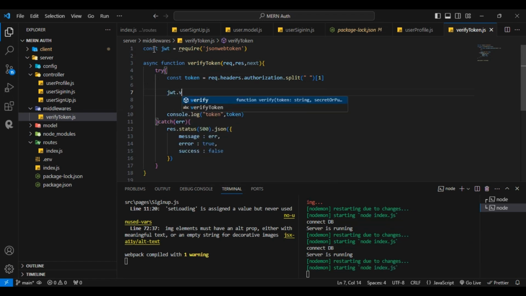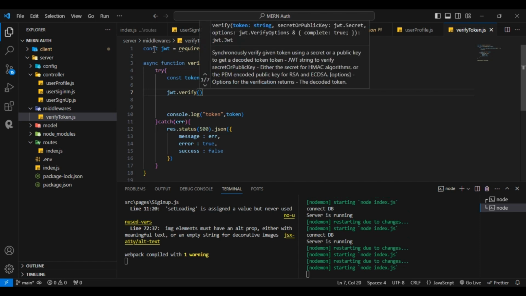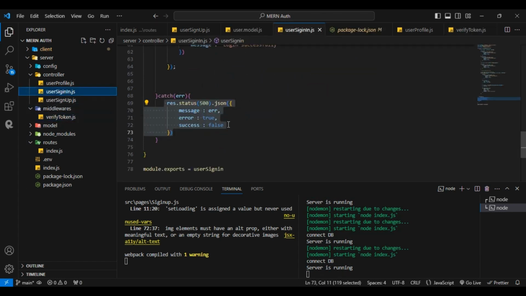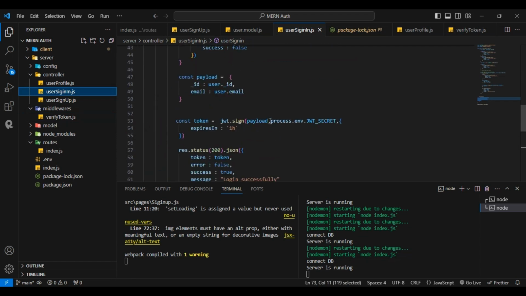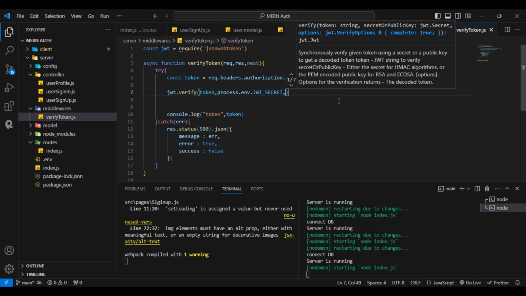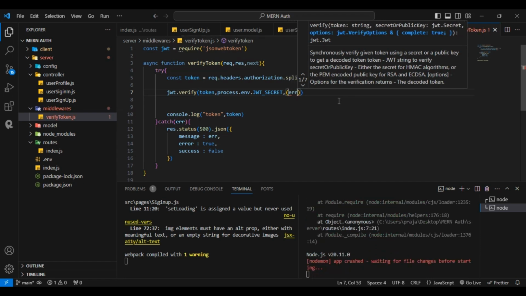For the JWT verify, inside this first I want to pass a token. After that here I want to pass the secret key which I gave. For that, at the time of login, I passed a JWT token secret. Let's copy this from process.env JWT token. After that, I will pass one callback function for error and